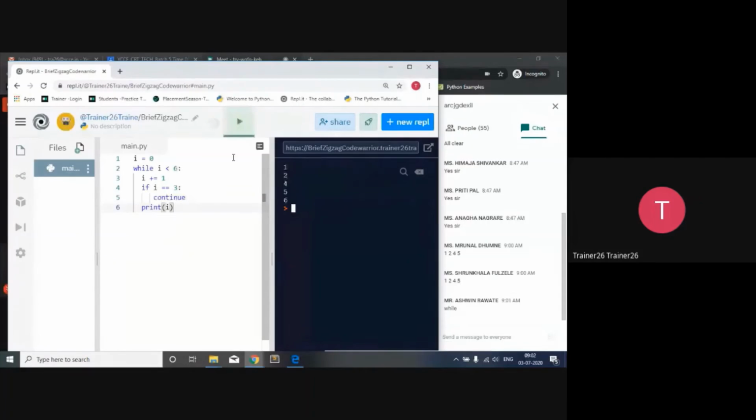Now here you can say that it will go up to 6 and it will print 1, 2, 3, 4, 5, 6. Clear? So in this way it will print the output, and this is all about the while looping mechanism. In the while loop mechanism, there are two things, that is break and continue. And while using the while loop, always make sure that you initialize the loop and increment it properly, and you have a termination condition. Otherwise it will go into an infinite loop.